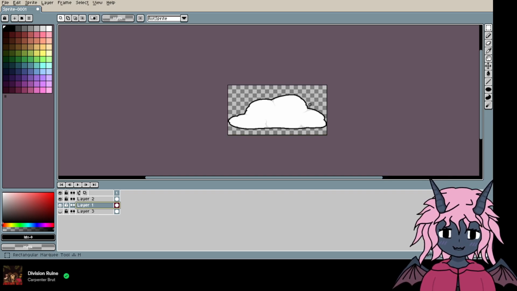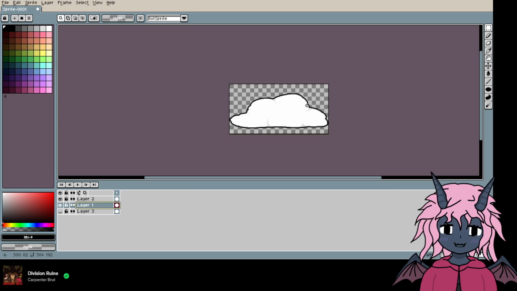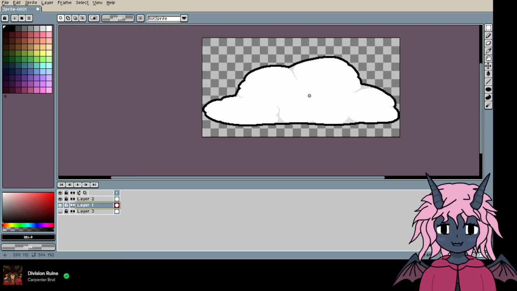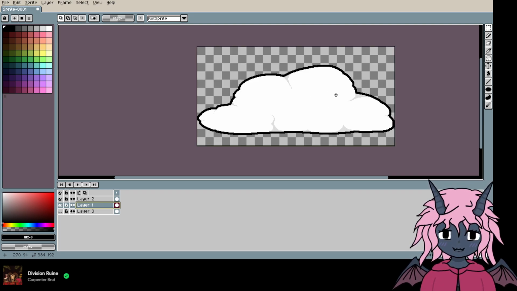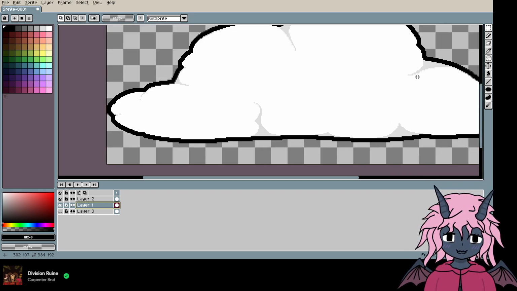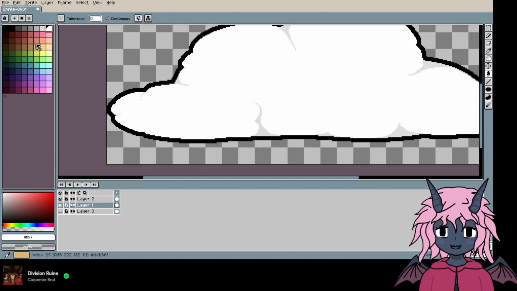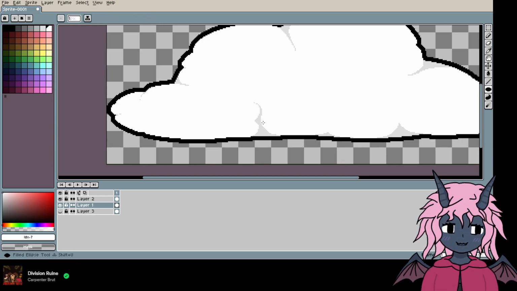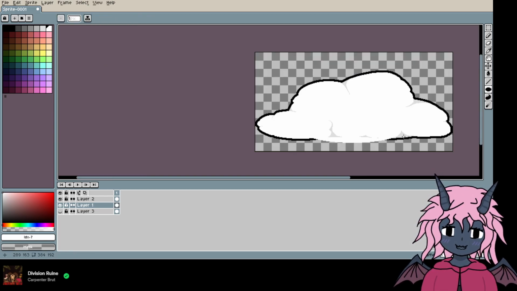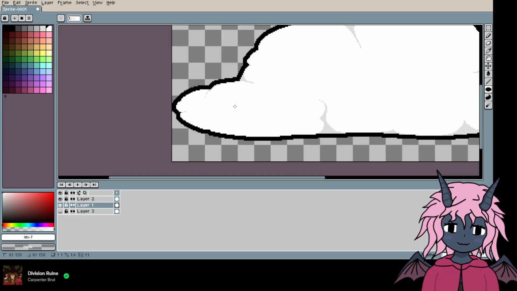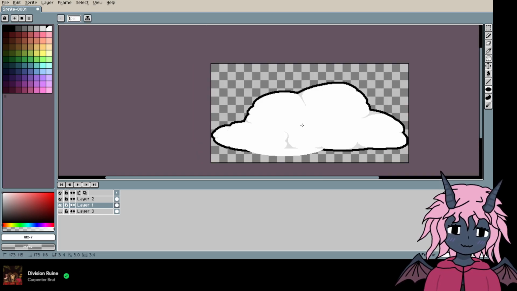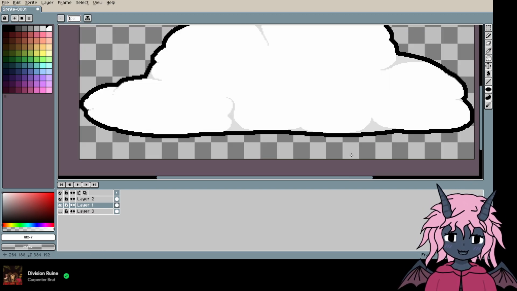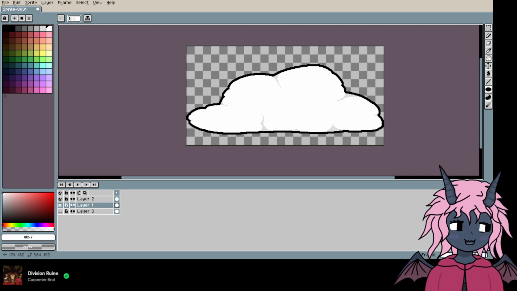You have to give this kind of a thick outline for the sake of having everything look okay when scaled. I almost feel like there should be a little bit more if I do this. I almost feel like there should be a little bit more to the front. I don't know. It looks a bit flat at the bottom, but